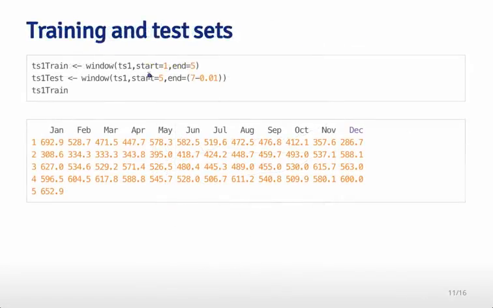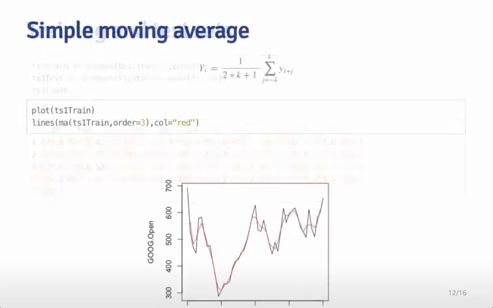So for training and test sets, I have to build training and test sets that have consecutive time points. Here I'm building a training set that starts at time point 1 and ends at time point 5, and then a test set that is the next consecutive set of points after that. That way I can always build a training set and apply it to a test set that have consecutive time points that show the same sort of trends that I observe in my data.